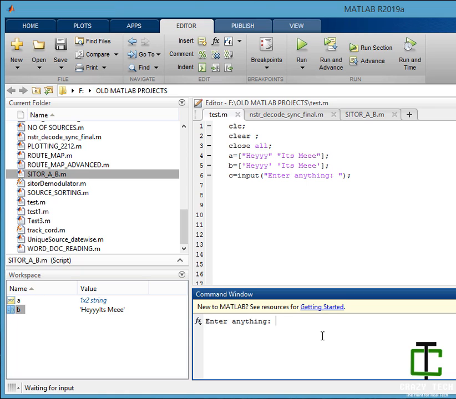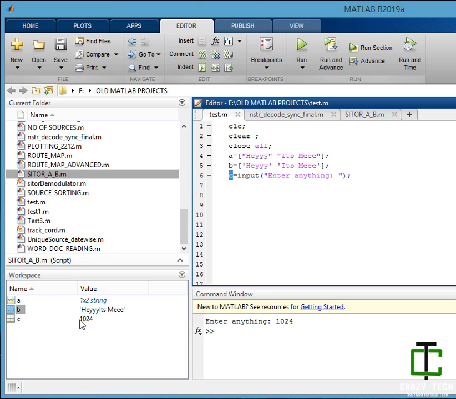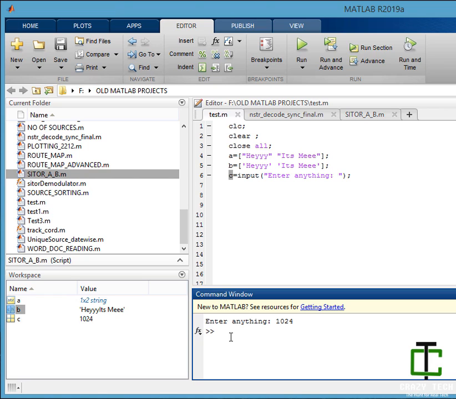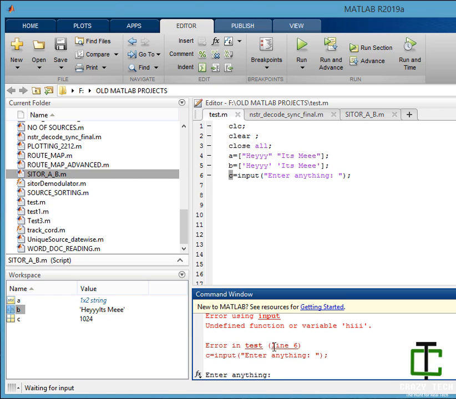Now if I give a number, let's say 1024, then C is taken as the number 1024. If I give anything other than a number, it will display an error.